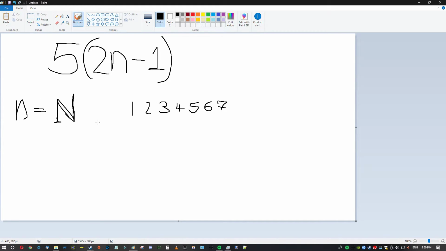And for each natural entry in the natural numbers, this particular thing, let's call it alpha. I'm not going to call it alpha, I'm just going to call it A, because that's a little bit simpler. So for A, natural number entry 1, which is 1: 2 times 1, 2, minus 1, 1, times 5, 5. Yes? This is n. N is an element of